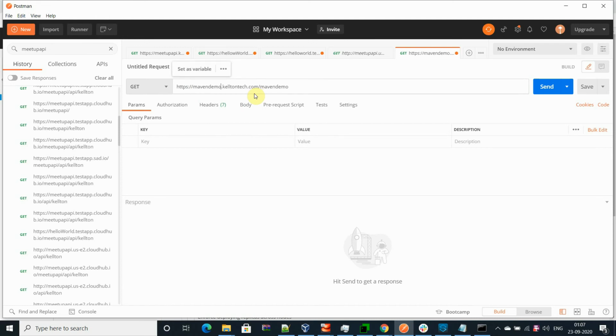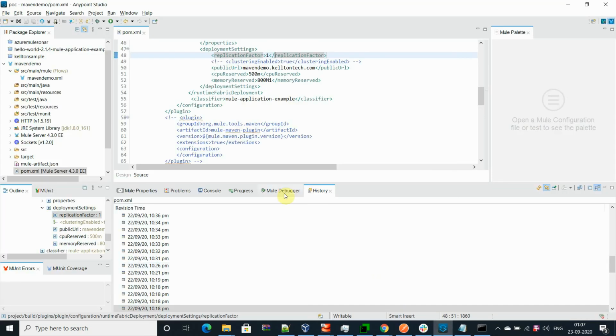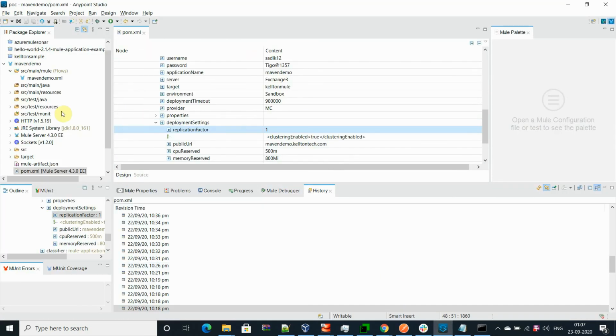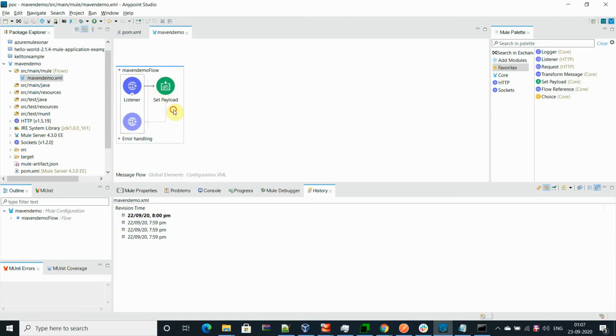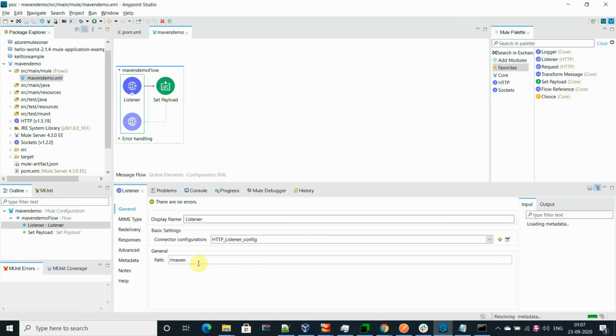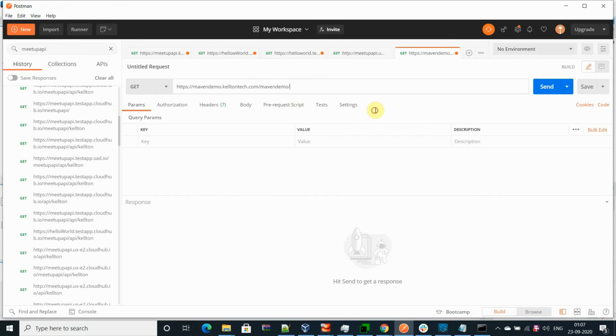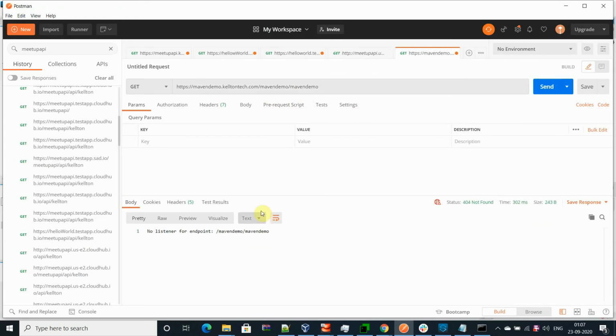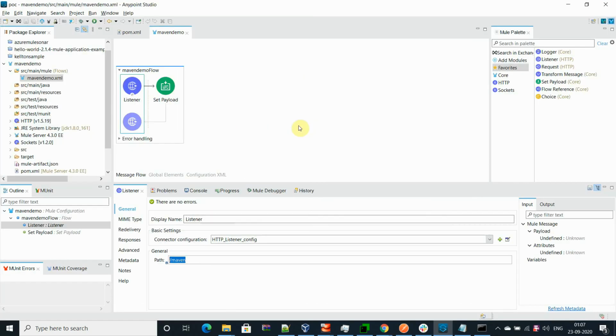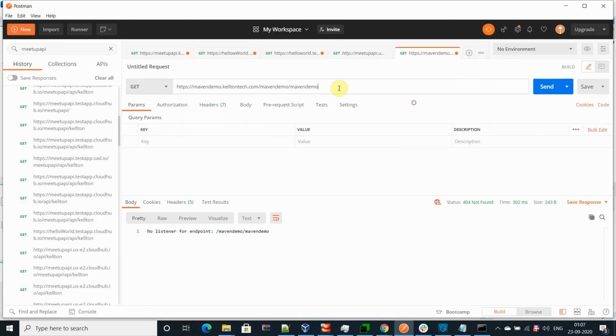And the application location. Let me go, Mark Maven. It's just a very simple application, so I'm not demonstrating anything else. That's it. Okay, can you request? Let me check what the problem is. Oh, sorry, this is Maven.